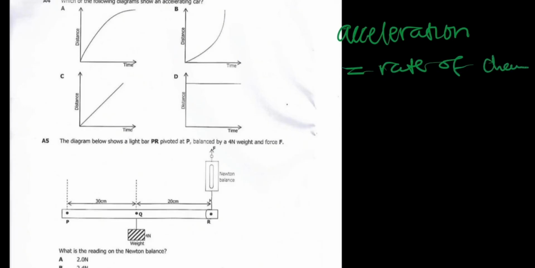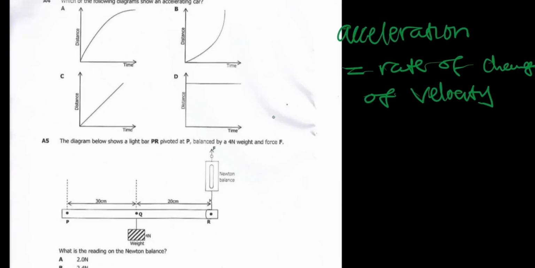Question 4. Which of the following diagrams show an accelerating car? So which car is accelerating in this particular scenario? Well, you have to understand that acceleration is the rate of change of velocity. So acceleration is equal to the rate of change of velocity with time. Now, velocity is more like speed, except that velocity is a vector quantity, whereas speed is a scalar